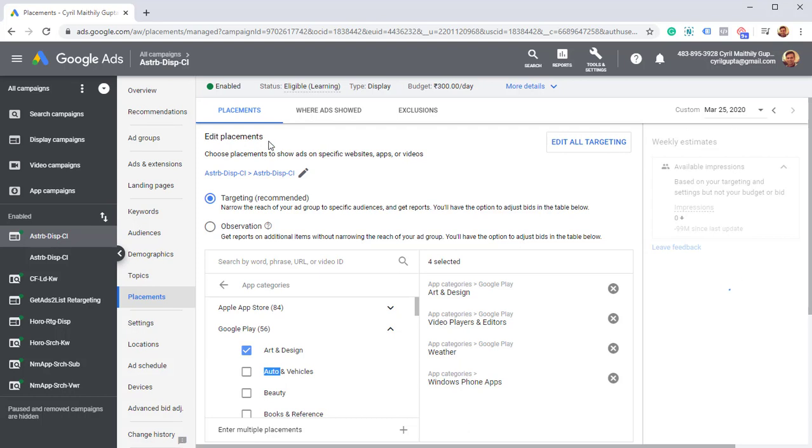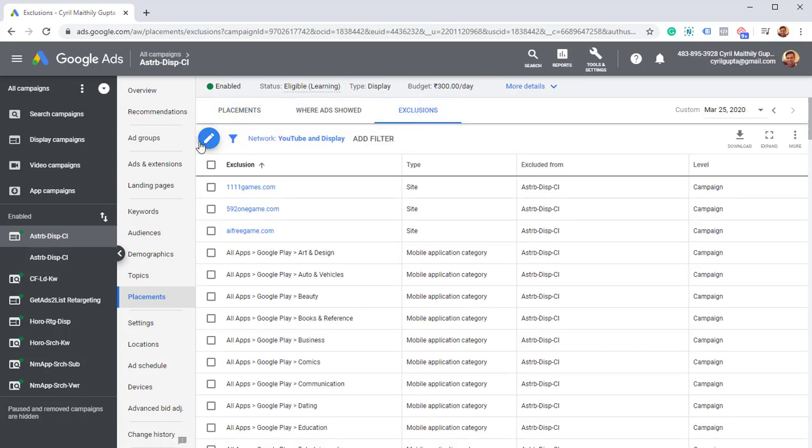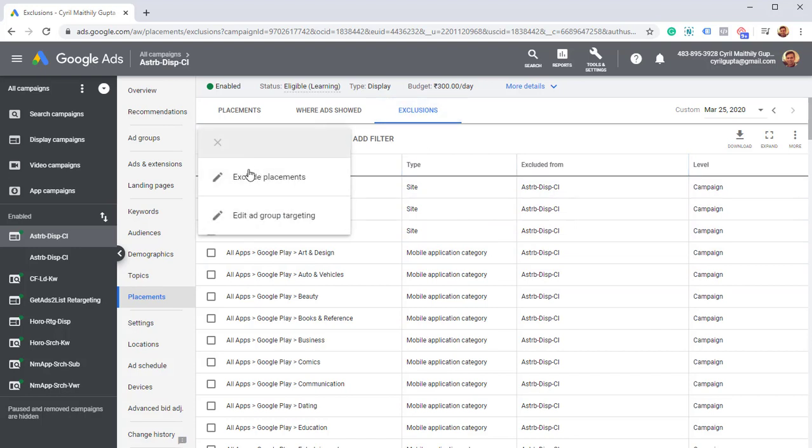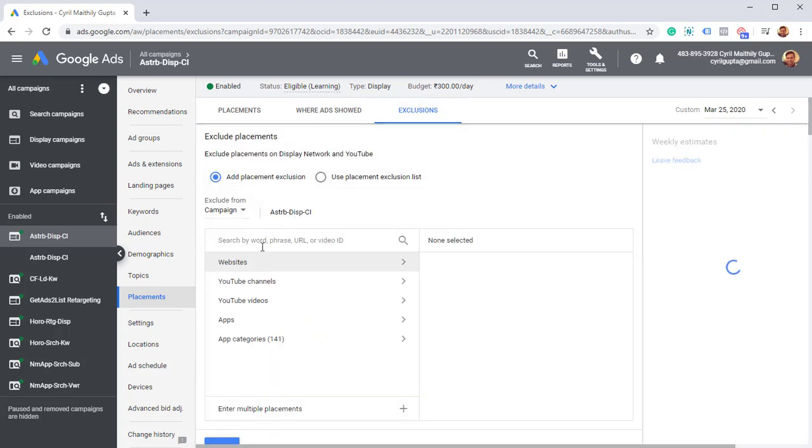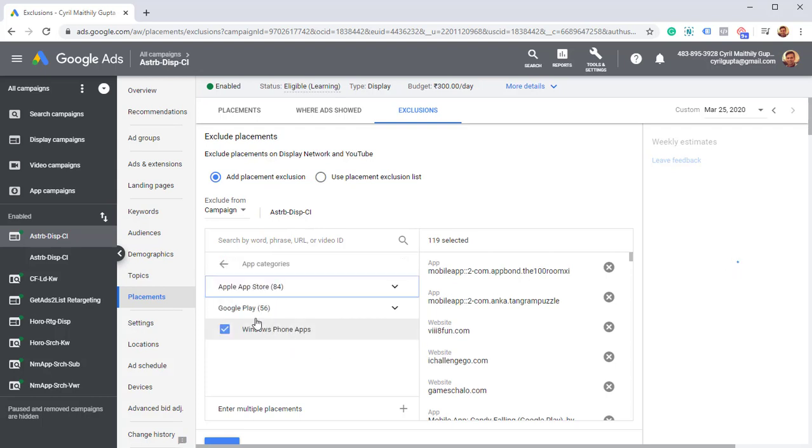Actually, just a second. I need to show you something. Do that in the exclusion section. So go to exclusions. I was in placements, big mistake, because that will add the categories to your ad instead of removing them. Go to exclusions, click on the edit button, click on exclude placements, and then exclude every single